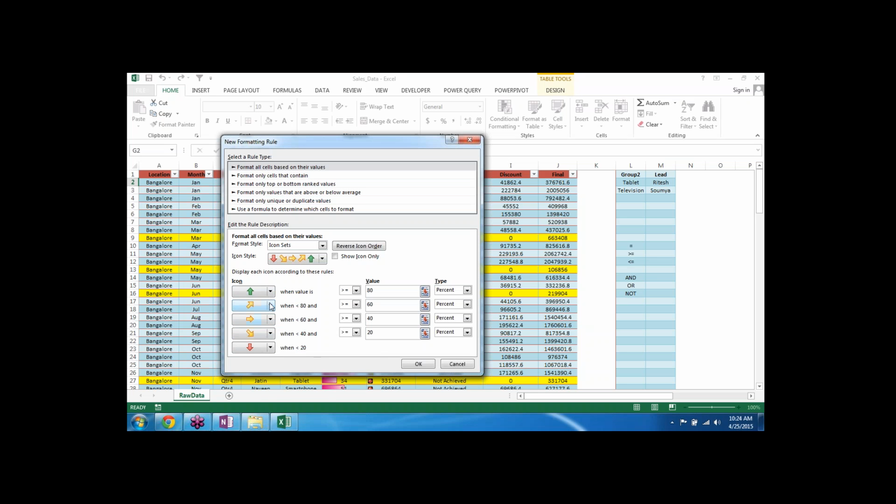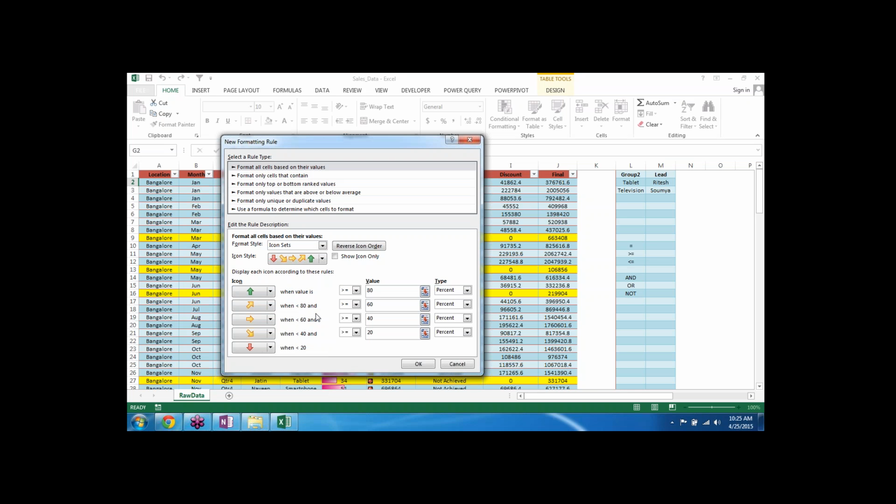So all these things you can check, and you can actually define your own arrows, your colors, the flags you want. All these things can be set. In case we don't set, then the system will set on its own. As we saw, if you take these 5 icons, automatically the system selects the red down arrow as below 20% and the green up arrow as above 80%, and fixes the rest of these 3 arrows within that particular range. So this is how it does 40, 60, 80.